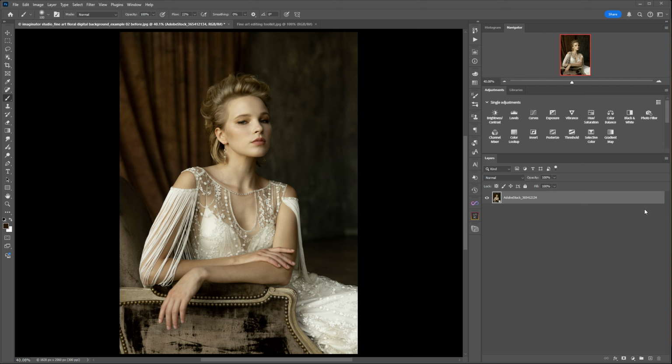I'm going to be demonstrating how we can use some digital backdrops to transform a portrait into more of a fine art type image. The image we'll be working with today is from Adobe Stock, and if you'd like to source it here to practice on your own, it's number